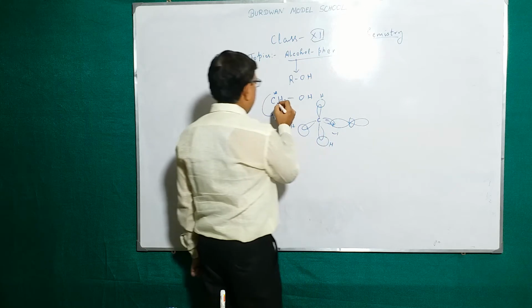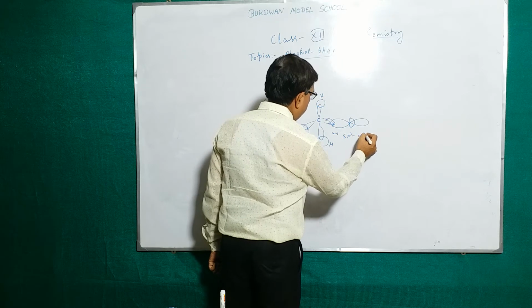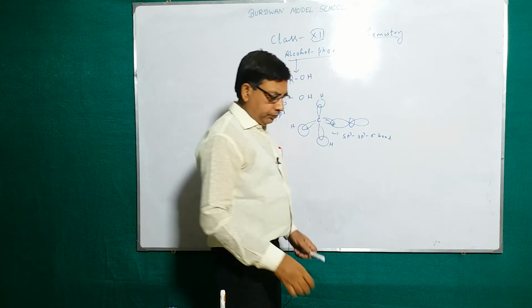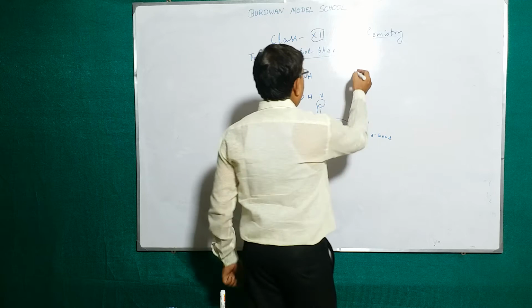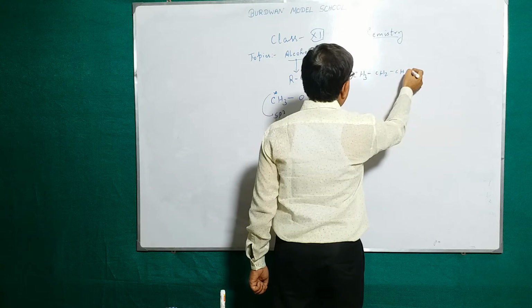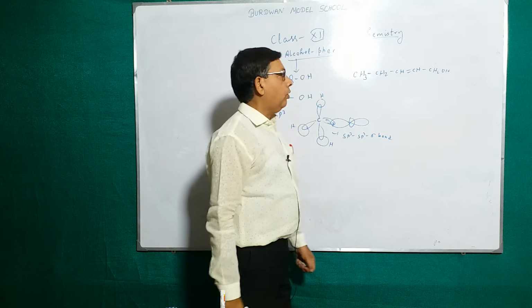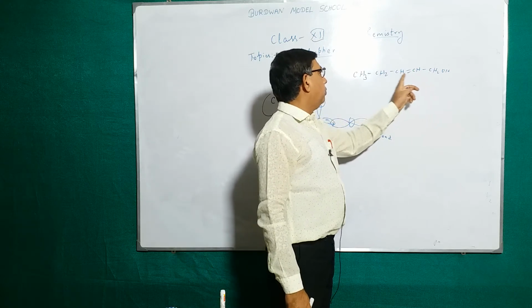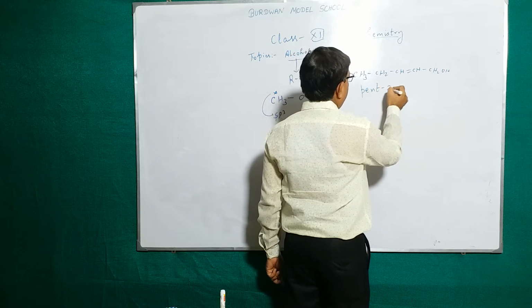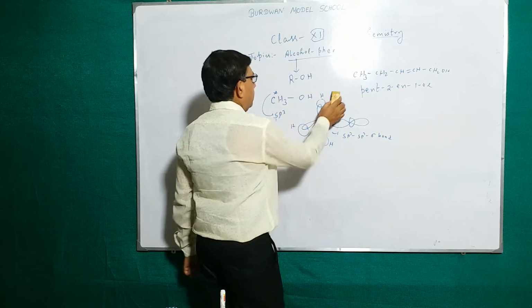So in alcohol, the carbon-oxygen bond is an sp3 sigma bond. Now what is the IUPAC name of alcohol? Say this compound, CH3CH2CH=CHCH2OH. What will be the name of this alcohol? Number of carbon atoms: 1, 2, 3, 4, 5. So the root word is pent, 2-en-1-ol. This will be the IUPAC name of this compound.